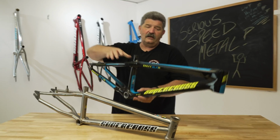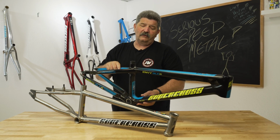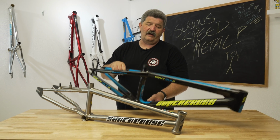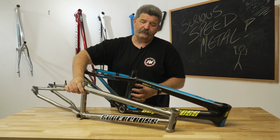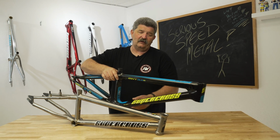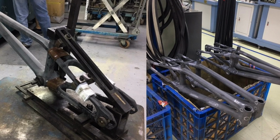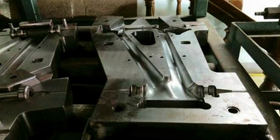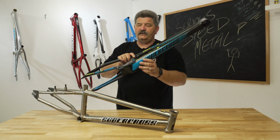And when you're talking about the weight, the strength, the stiffness, what we're able to do when we build a carbon fiber frame compared to what we're able to do with a titanium frame, for us, it's been a no-brainer. We go carbon fiber. There's a lot more of an investment up front. It costs us a lot more to do the proper molds. It costs us a lot more to do the design technology,